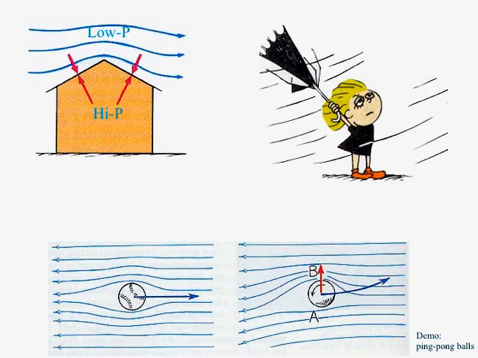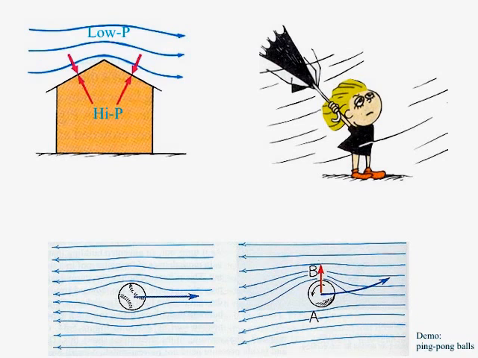This is the same reason why umbrellas can sometimes fold upwards in rainstorms. The umbrella is similar to the A-shaped frame of the roof, where the air is flowing faster across the top of the umbrella in comparison to the air not flowing nearly as fast underneath, inside the umbrella.